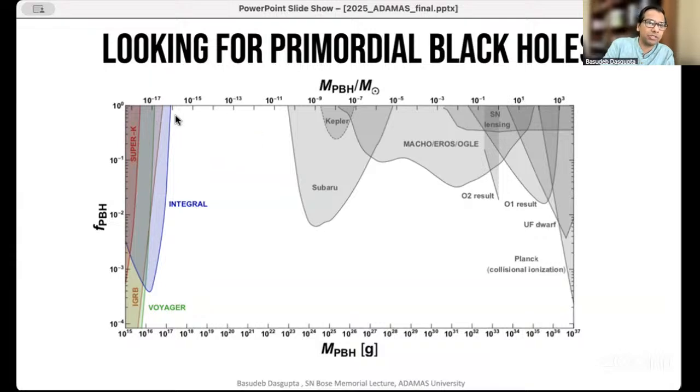But this white region, which actually corresponds to masses which are similar to an asteroid, is still not ruled out. And it would be very interesting to come up with observational strategies that can close this region or produce some constraints in this region, which would then tell us that, okay, well, we either discover primordial black holes with these masses, or we say that no, primordial black holes also cannot be dark matter. So this is, of course, an open question and one of the current topics of research in this field.